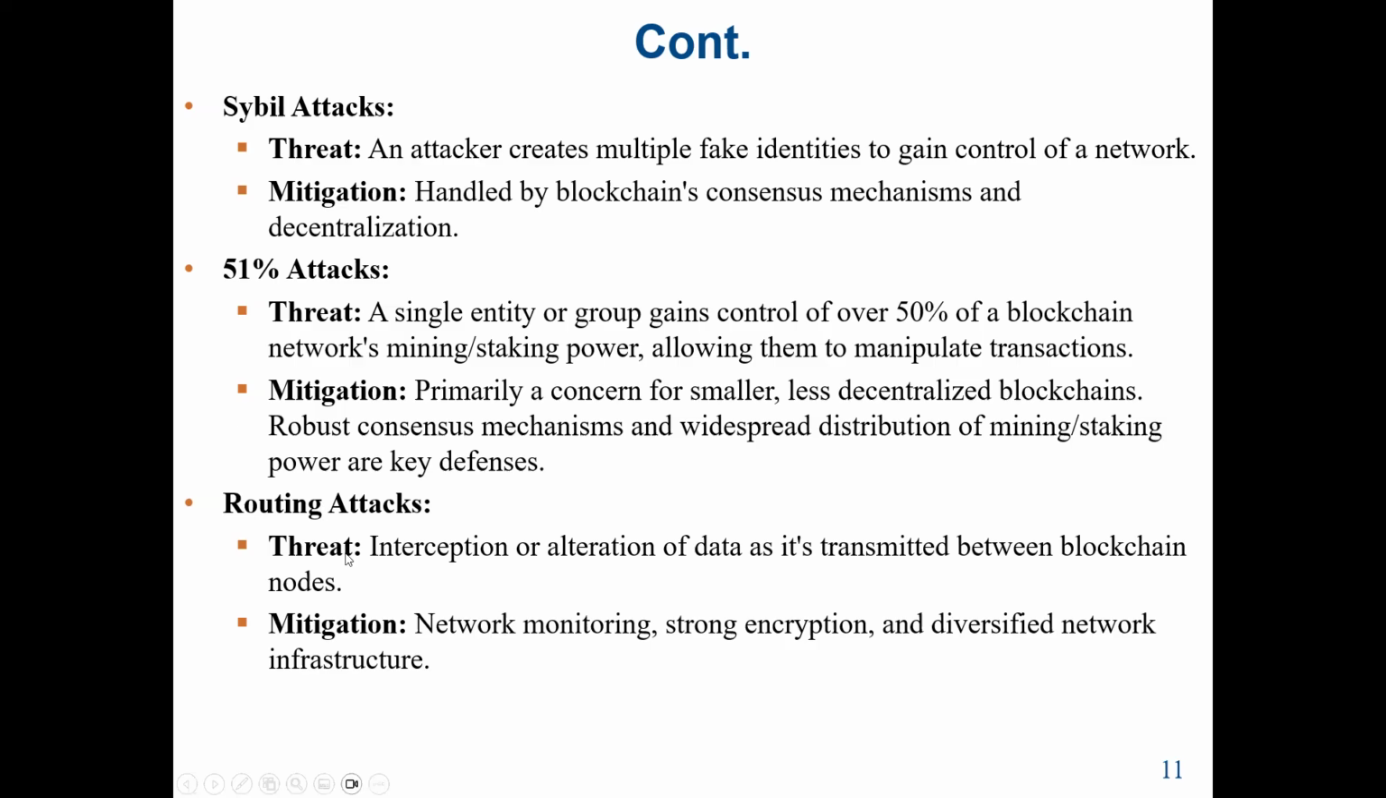Then we also have the routing attack: interception or alteration of data as it travels across the internet to reach the blockchain nodes. Attackers can potentially reroute the traffic or censor transactions. So the mitigation here, since this is not directly a blockchain vulnerability, is